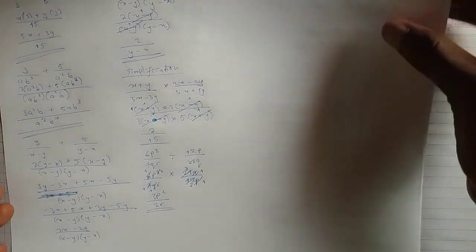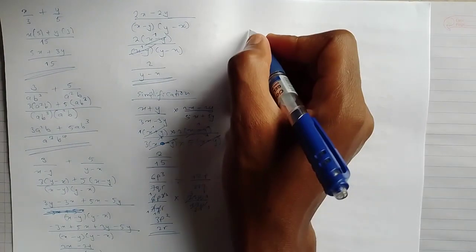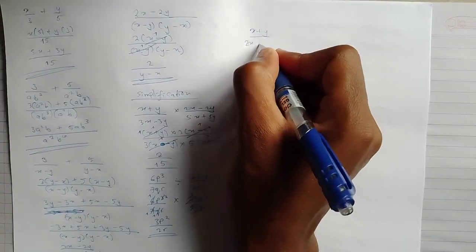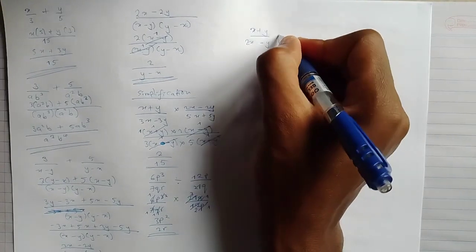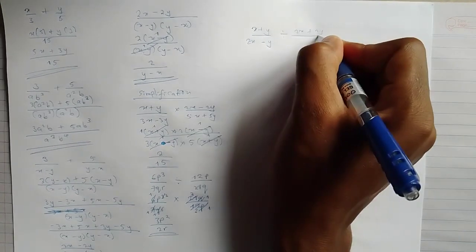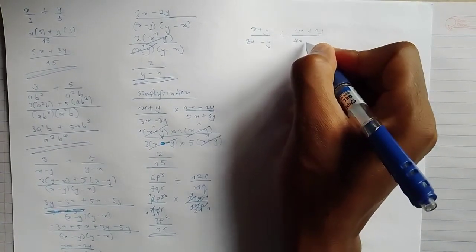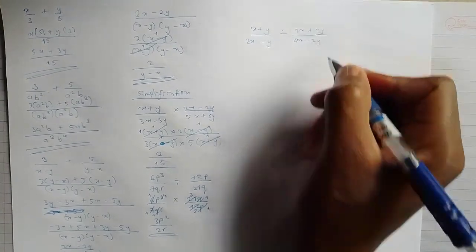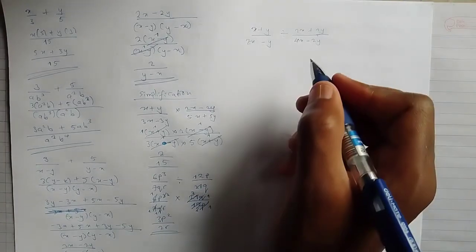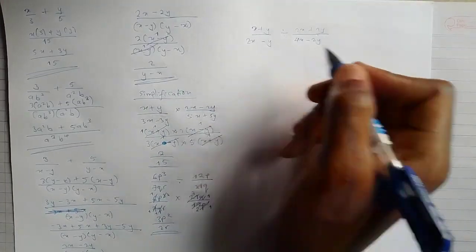Then finally, the last example I want us to handle is the following. Say you've been given x plus y divided by 2x minus y, divided by 2x plus 2y divided by 4x minus 2y. In order for us to simplify this, we first of all need to